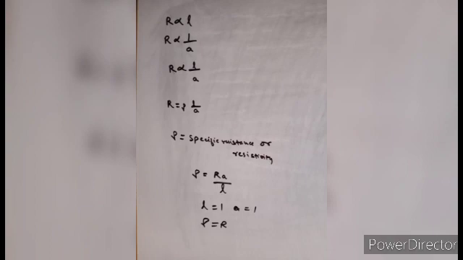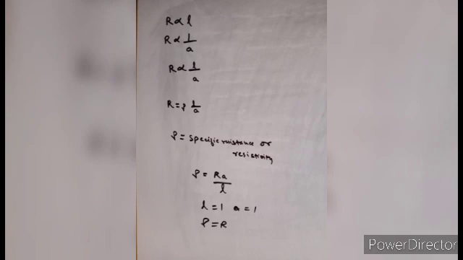Dependence on the length. In a long conductor, the number of collisions of free electrons with positive ions will be more as compared to the shorter one. Therefore a longer conductor offers more resistance, which basically is what I am trying to tell you: R, which is your resistance, is directly proportional to L. Now, thickness. In a thick conductor, the electrons get a larger area of cross section to flow as compared to a thin conductor. Therefore, a thick conductor offers less resistance, which means your R will be inversely proportional to area, that is 1 upon A.